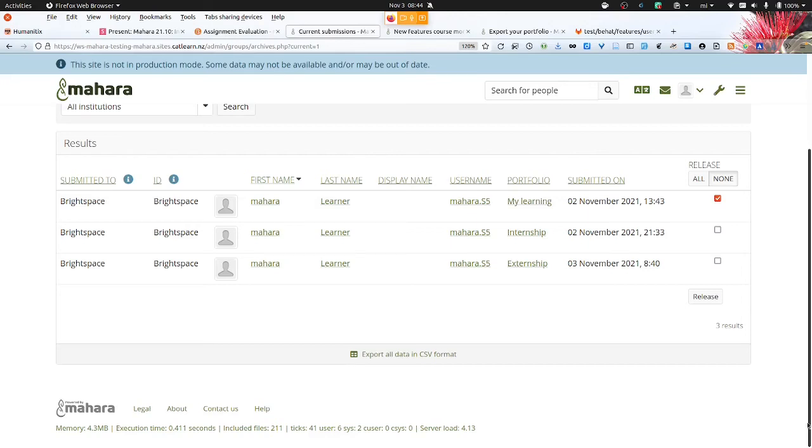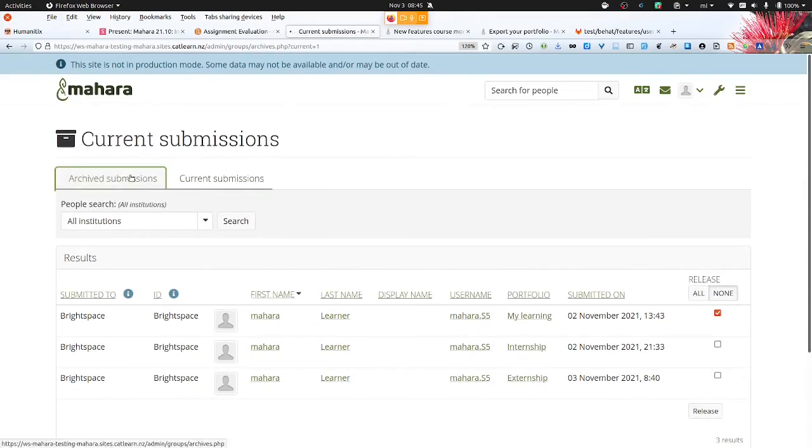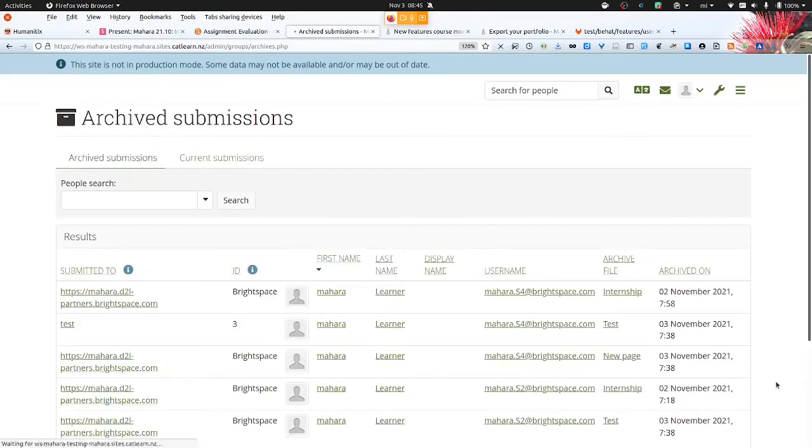And so we do have the possibility to revoke that portfolio submission here from the administration screen. And that also goes for all the submissions made to a group in Mahara. So not just for LTI Advantage, but also anything that has been submitted to a group. Therefore giving an administrator the possibility to help students out quickly if needed. And then of course for LTI Advantage we automatically also archive things.